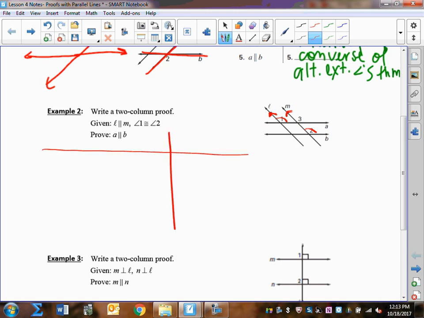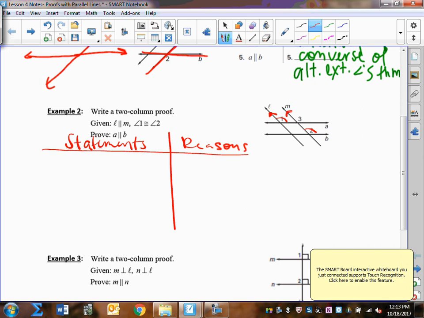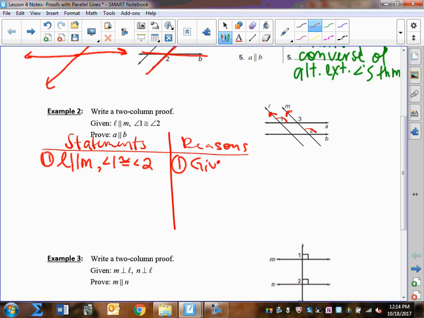All right. Other statements. Other reasons. Wait for the smartboard to come back to us. All right. So L is parallel to M, and we have angle 1 is congruent to angle 2. That is given. Raise your hand if you got the first step right. Cameron, did we get the first step right? Oh, good. That's fine if you split it in 2 steps. Okay. Now, what did you guys do